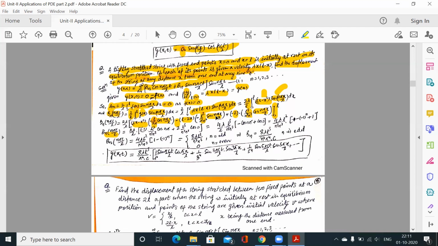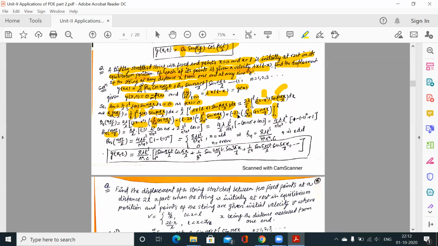जैसे ही आप l यहाँ रखोगे, साइन एन पाई एल बाय एल, सो l से l कैंसिल हो जाएगा, केवल साइन एन पाई बचेगा. तो बिकॉज ऑफ दिस एन पाई, साइन एन पाई, ये क्या है? अगेन जीरो हो जाएगा. सो अपर लिमिट पर जीरो एंड लोअर लिमिट पर देखते हैं तो जीरो. सो l माइनस जीरो साइन जीरो, तो अगेन ये जीरो हो जाएगा. तो ये दोनों टर्म l और जीरो पर, अपर लिमिट लोअर लिमिट दोनों पर जीरो हो जाएगी.